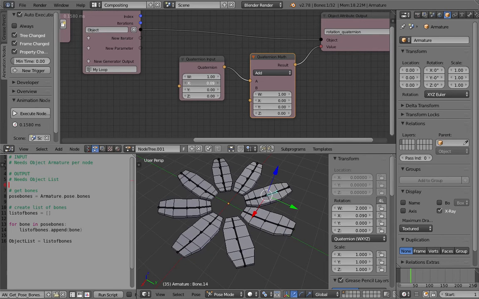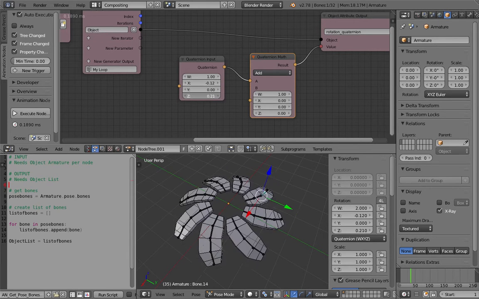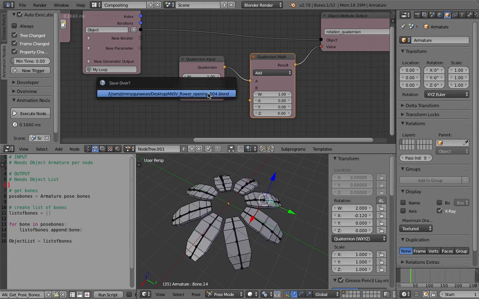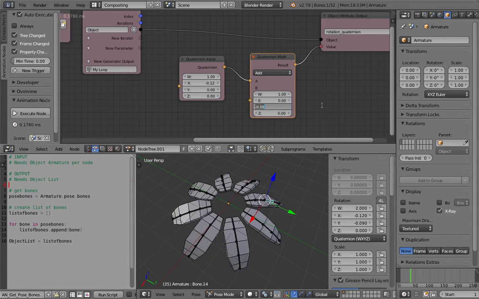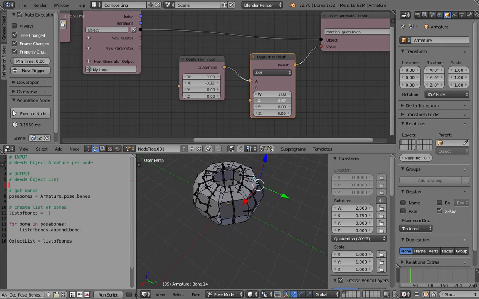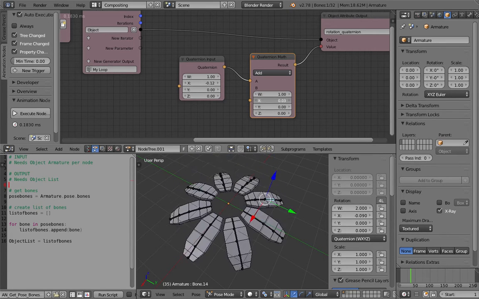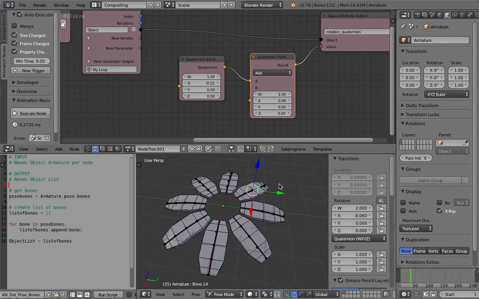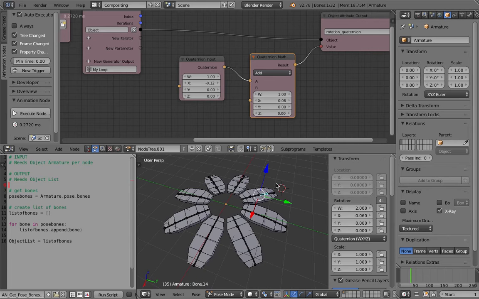actually working. So of course the Z and the Y give kind of a curling. That can be useful. This seems to be adding on top of what we have, so that's kind of nice. So we can have that kind of result. Yeah, that's pretty cool. That's pretty much what I want to show you, except that